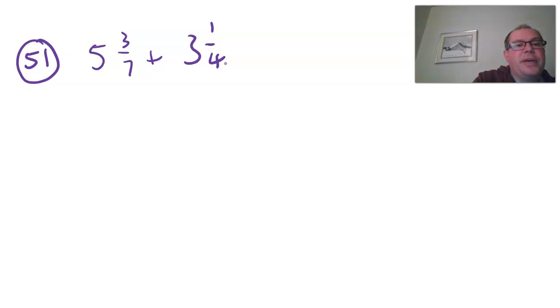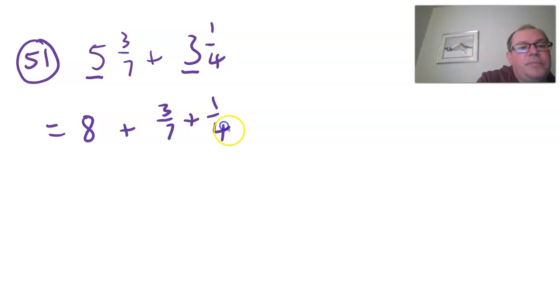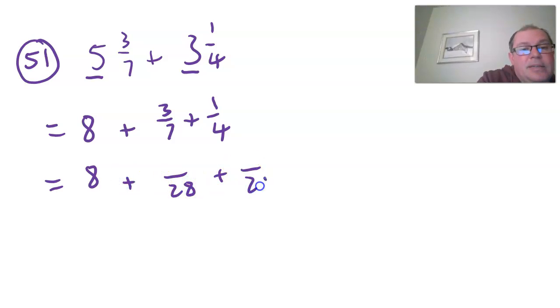Okay, so let's go through this. So I'm going to do it the method with the 5 add the 3 is the 8, and then I'm going to do 3/7 add 1/4. And I'll just leave the 8 there. 7 and 4, what's the smallest number that they're going to? 7, 14, 21, 28, isn't it? Yeah. So 28. Well, if I multiply 3/7 by 4 over 4 to get over 28,